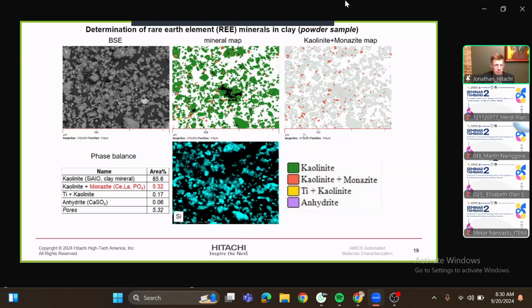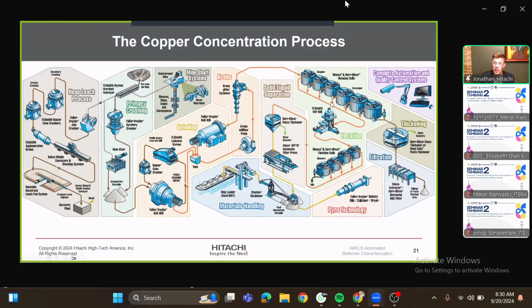Moving up to mineral processing. So the copper concentration process can be complex, but all I want you to get from this figure is that every single one of these processing cells has both an input and an output. And so what we're going to do in all of these situations is measure the input and the output of those processes. In this case, we're going to look at the crushing, starting with the big piece,